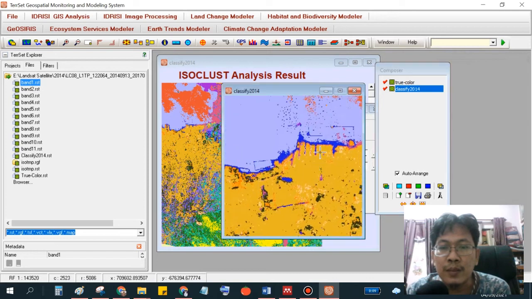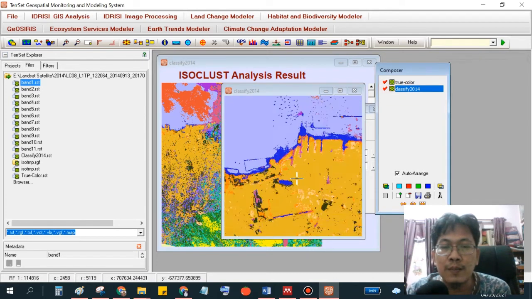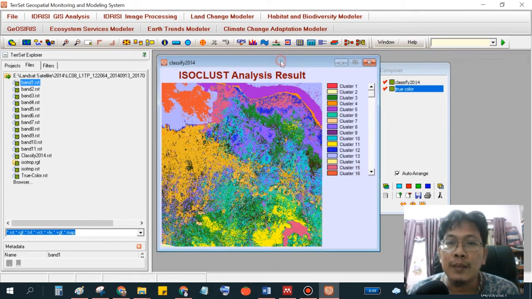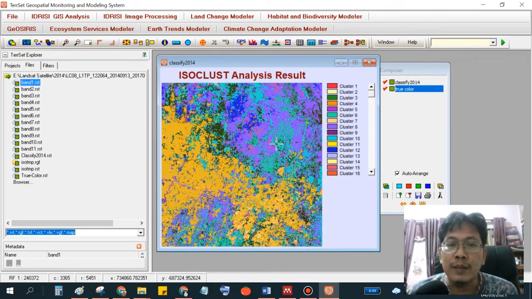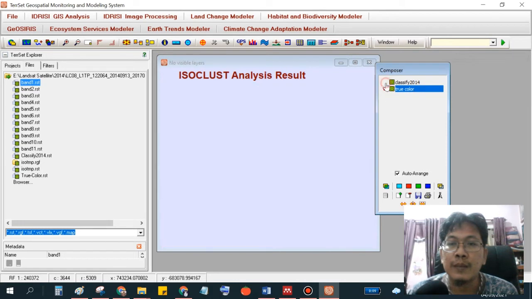So we can see, oh, this is water, this is vegetation, this is building, road, etc., by comparing the classification in color with the real ground truth data.